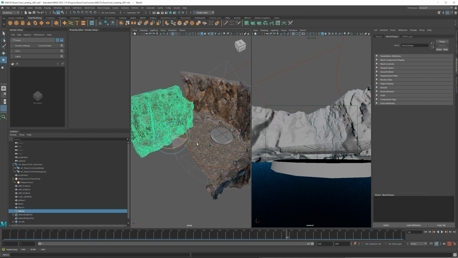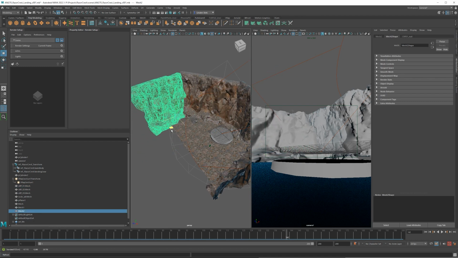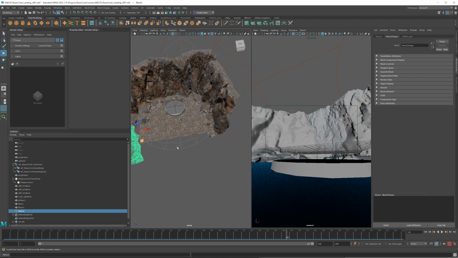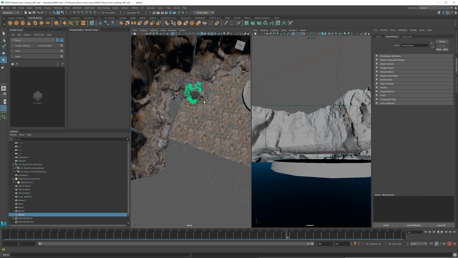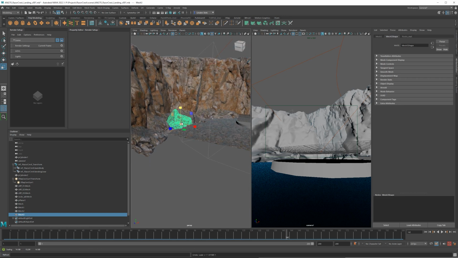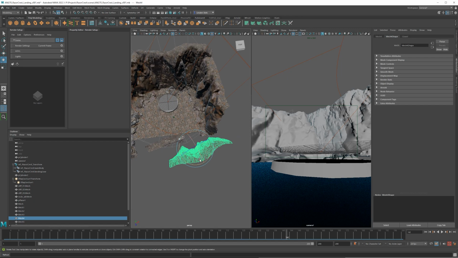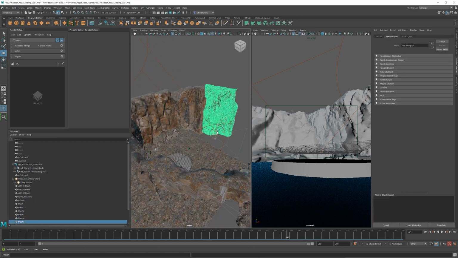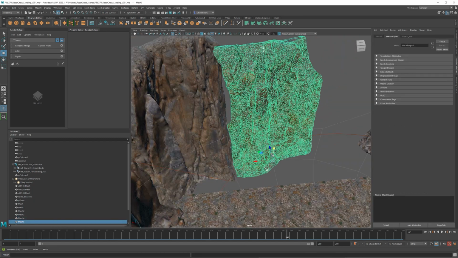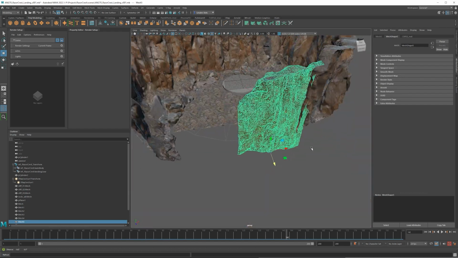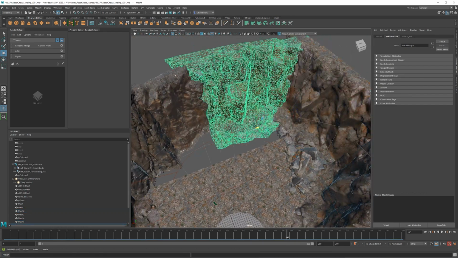If it looks too dark later on, we can make some adjustments, but we do want to have reflections on the ship. So it is important that we do surround this area, even though we can't see what's behind the camera. We do want the reflections on the ship. So it's important that we're going to have something there. I probably didn't need to worry about that gap at all.